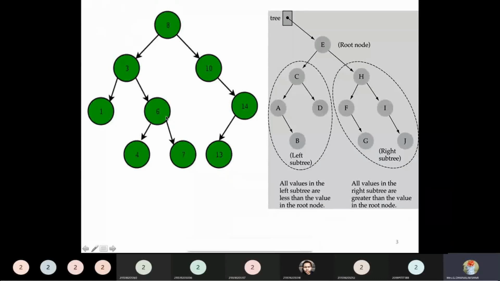6 is greater than 3. At the same time, we have to compare with the root node also. Whatever values are available on the left side, all values should be lesser than our root node value. So here also it satisfies our condition. Now come to the next part, 14. The 14 is a node which is available in the right